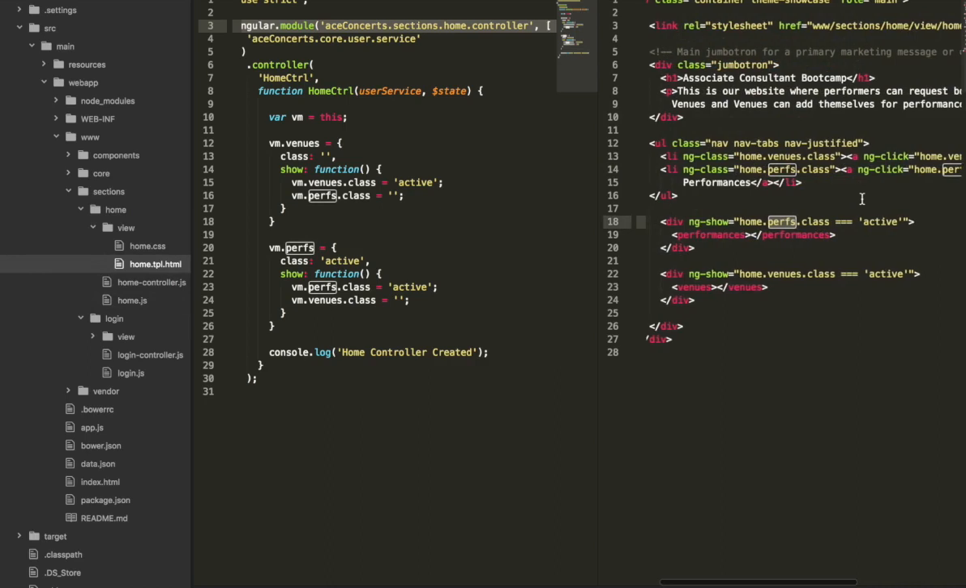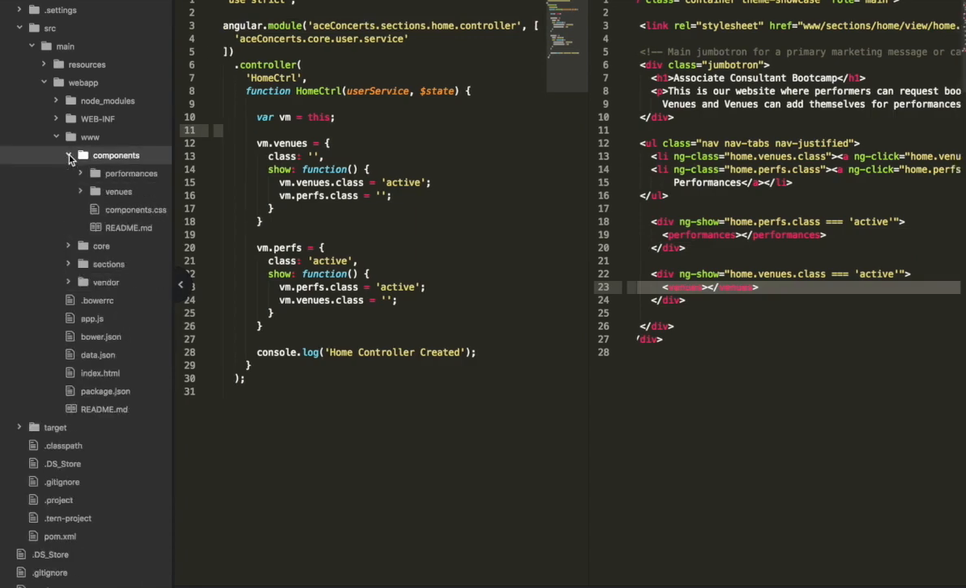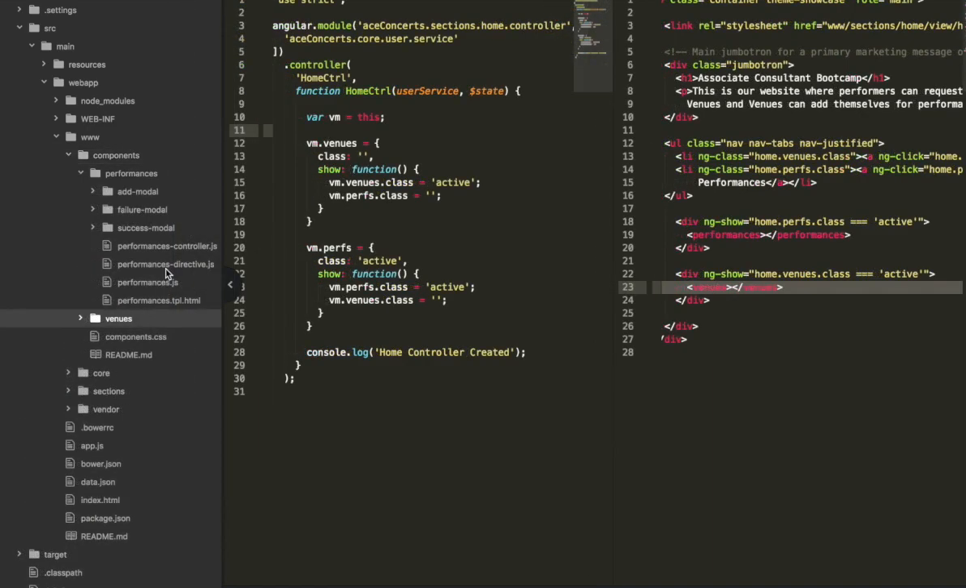Okay, so now back to home.html, and we're actually going to take a look at these two directives. So first we're going to go into components. Sections is where you keep the places in your app that you can navigate to, and components is where you keep all your directives, essentially where you keep your reusable components. So let's crack open the